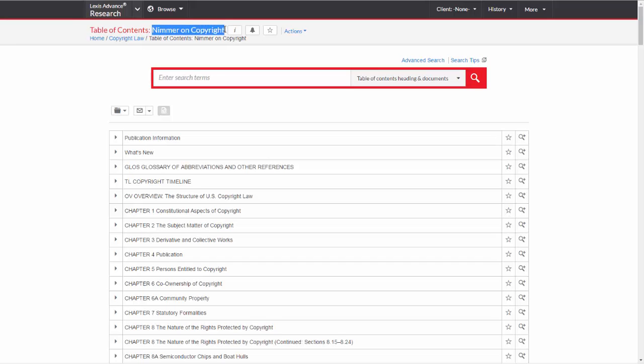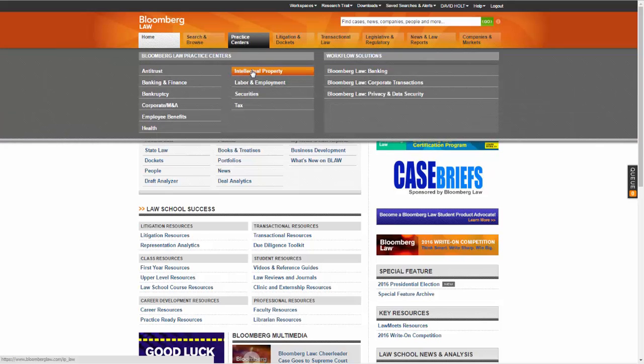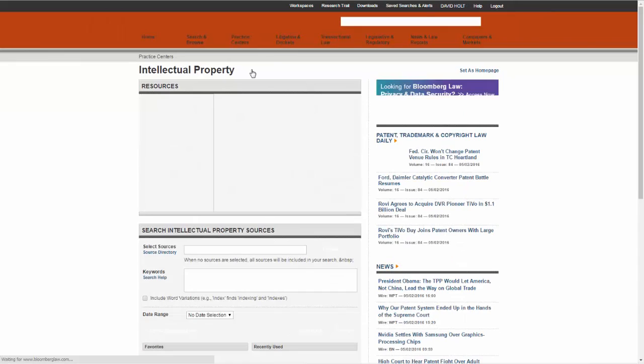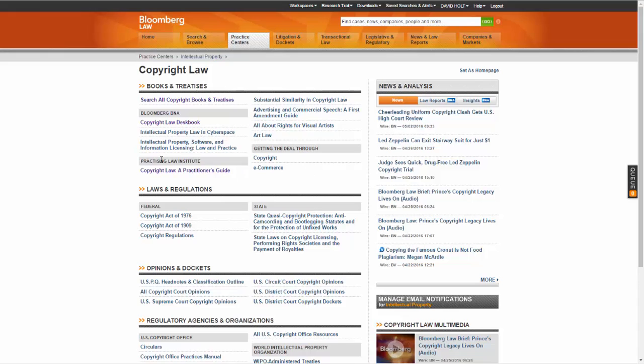If we go to Bloomberg, which is our third platform here, and then go to Practice Centers and then Intellectual Property, and then Copyright Law, you'll see that they do have materials from the Practicing Law Institute, also called PLI, in addition to BNA. So BNA will include materials such as the Copyright Law Desk Book, Software and Information Licensing,